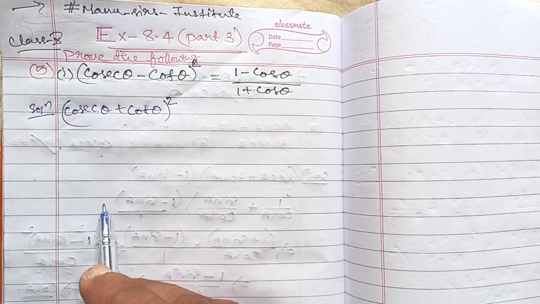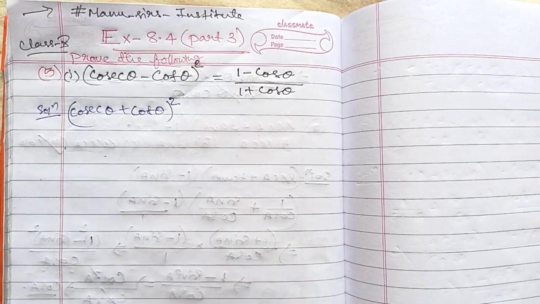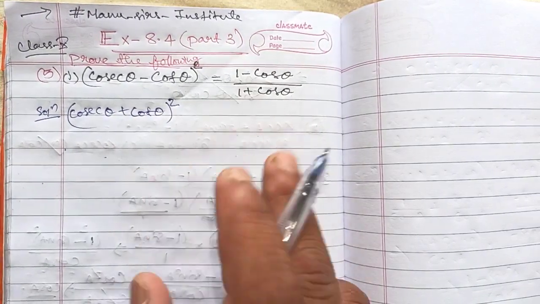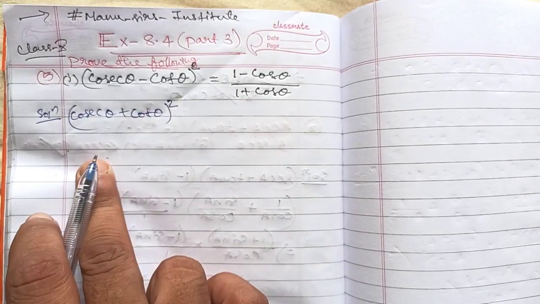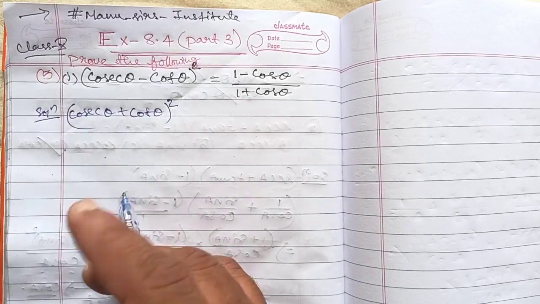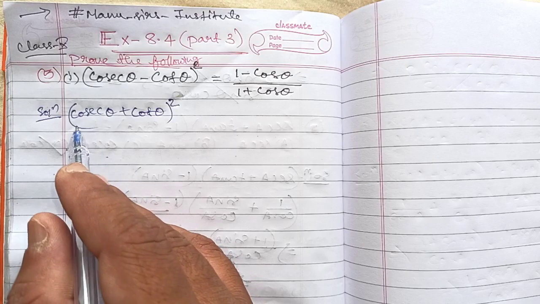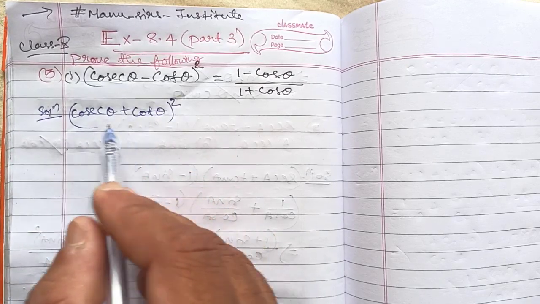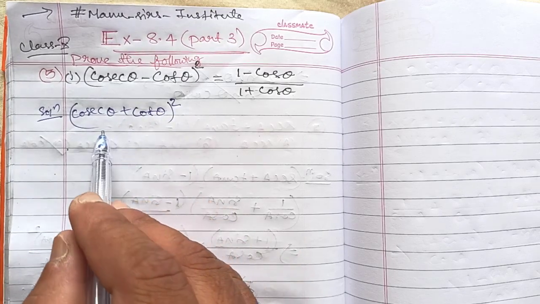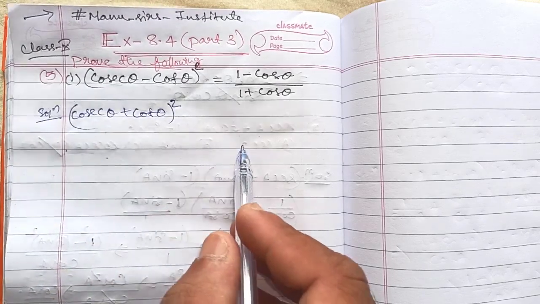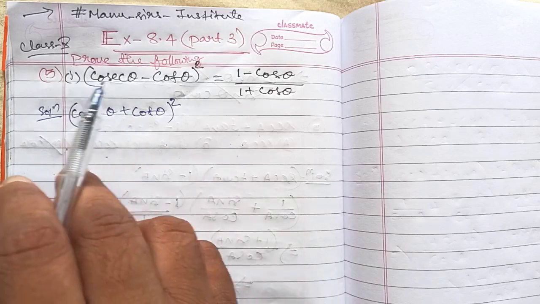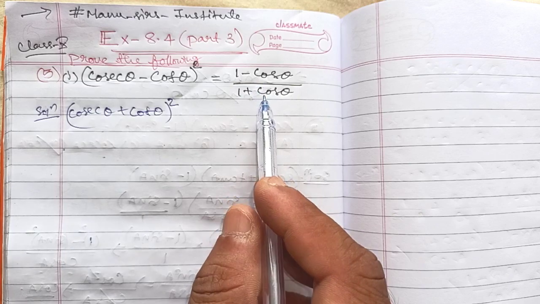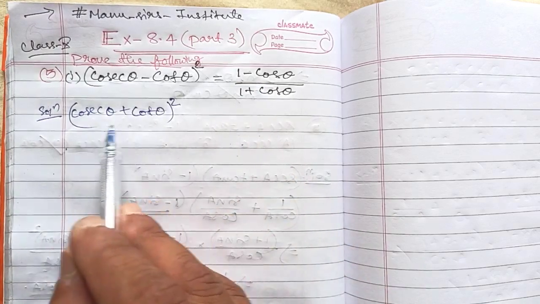I will solve in two different ways. First I will solve LHS and prove that it equals RHS, and in the second method I will solve RHS and make it LHS. So we will start the question: (cosec theta plus cot theta) whole square. Now we can use the (a plus b) whole square formula. What will we get? a square plus b square plus 2ab. We will get three terms in one horizontal line, but there are two terms in the RHS numerator and denominator, so there is no need of opening its whole square.